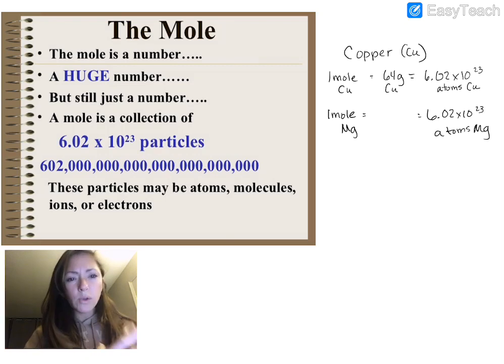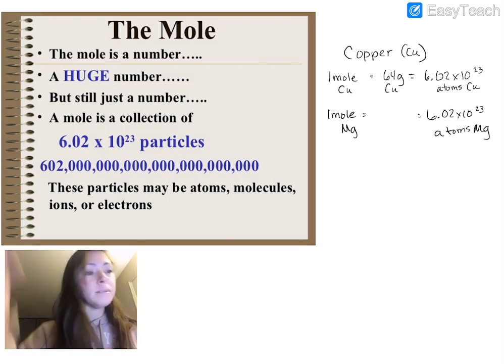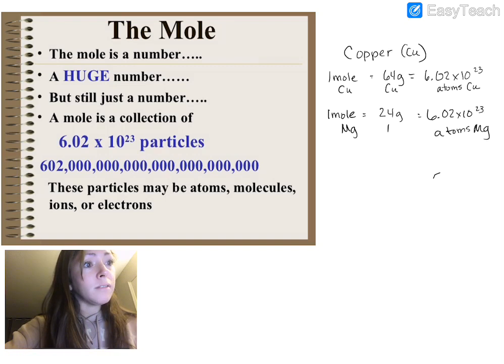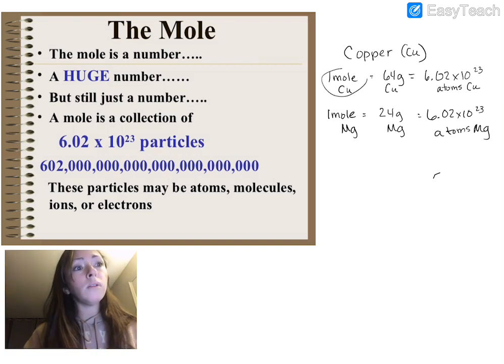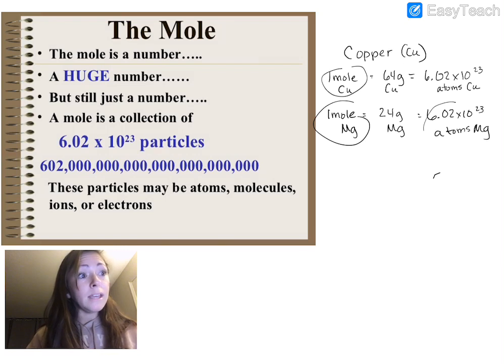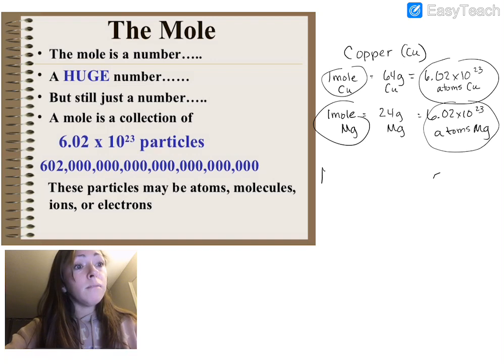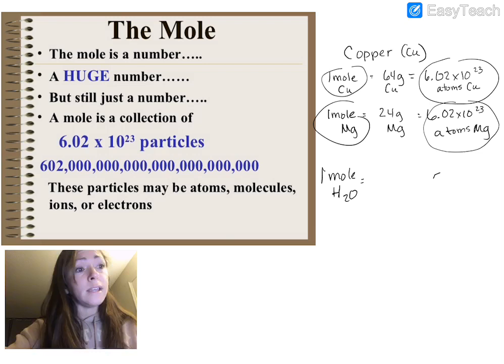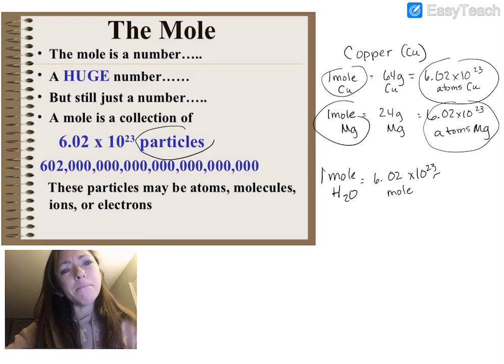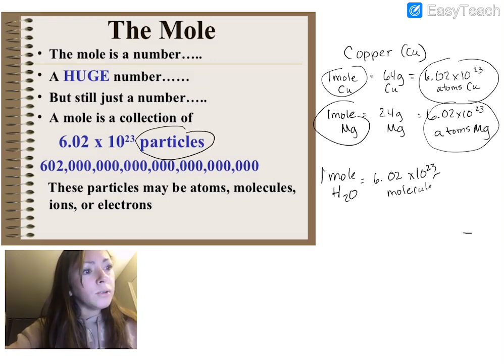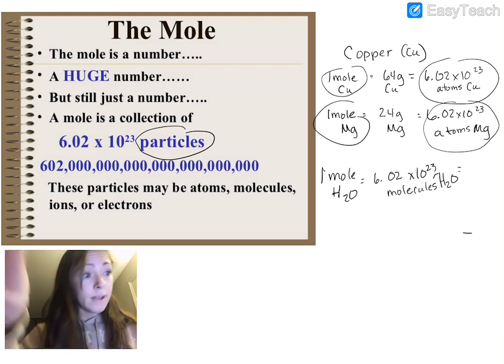Which weighs, and again, I'm just showing how all of these are equal to each other. Magnesium's average atomic mass is 24 grams of magnesium, okay? So 1 mole of anything is going to be equal to this many particles of that something, okay? If I have 1 mole of water, I could still write this the same way. I could say 1 mole of water is equal to 6.02 times 10 to the 23rd molecules, which you can just say particles, okay? So molecules of H2O, or water, which is equal to, in grams,